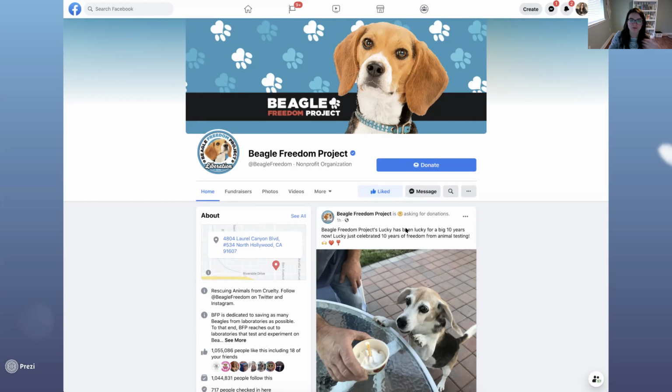What they'll do is post a picture of the latest dog that they've saved, and they'll have a donate button on every single post. And if we're able to at that time, I will donate to that particular dog that they've saved. So that's a really cool way that you can get involved in causes that you care about, whether it's the environment, whether it's politics, you know, the elderly, you know, taking care of people, whatever it is you care about. If there's a nonprofit or a cause that you want to follow, go follow their Facebook page and you'll be able to keep up with all the cool stuff that they're doing.